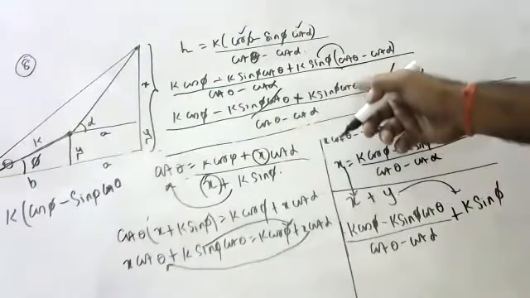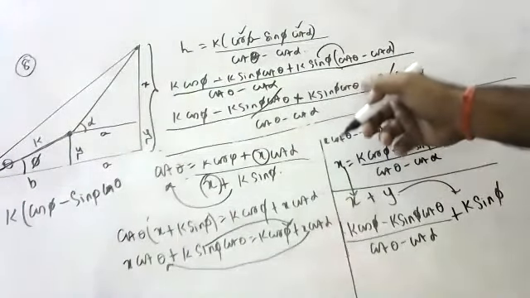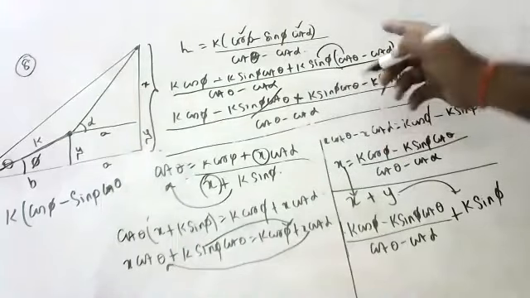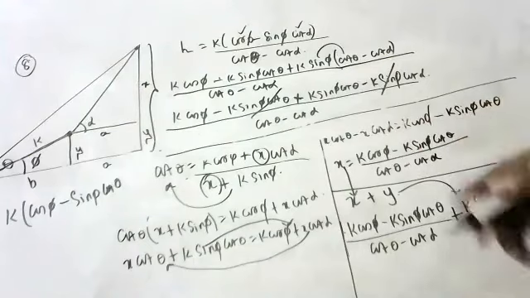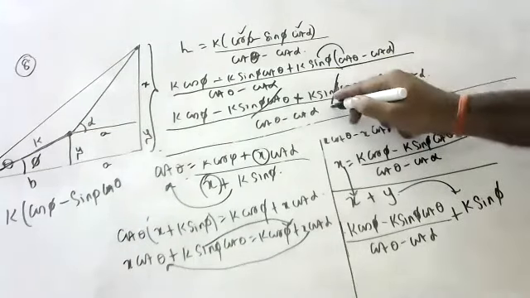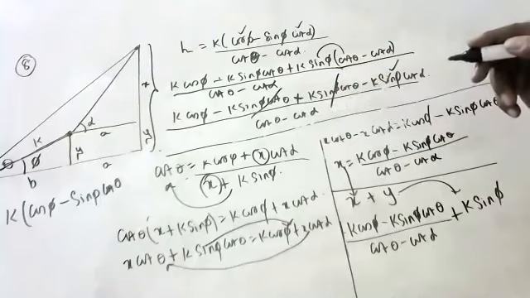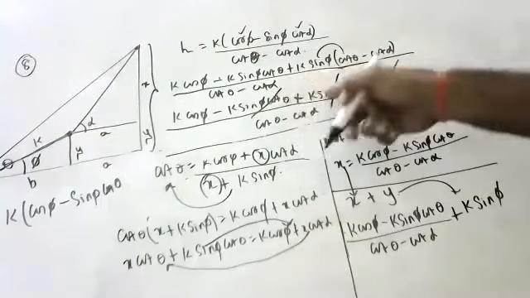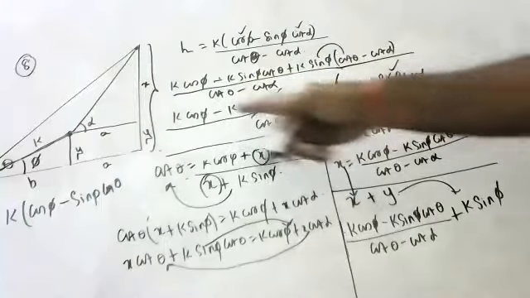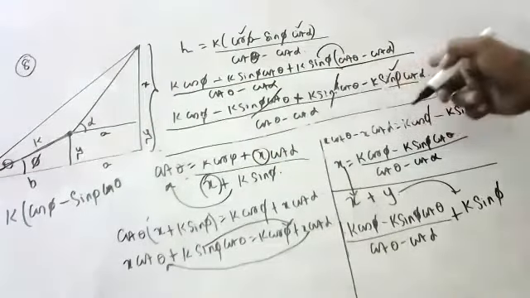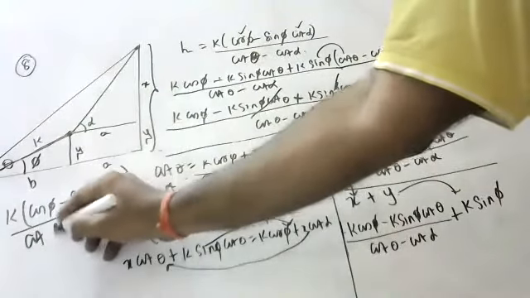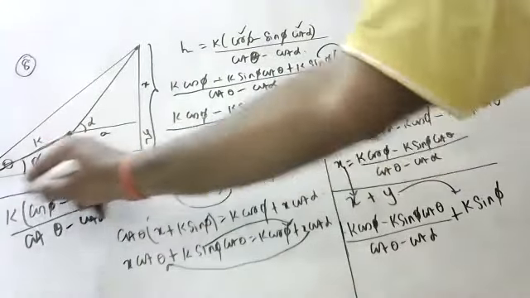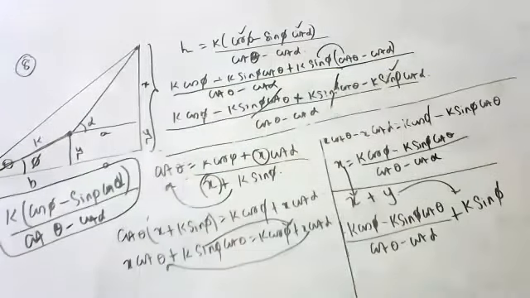How did you cancel K sin phi cot theta and K sin phi cot theta? Instead of cancelling that, I should cancel this. This is correct only. Yes sir. This both will be cancelled. If you take K common, cos phi is coming out. Here sin phi cot alpha by cot theta minus cot alpha. Hence. That's it, children.